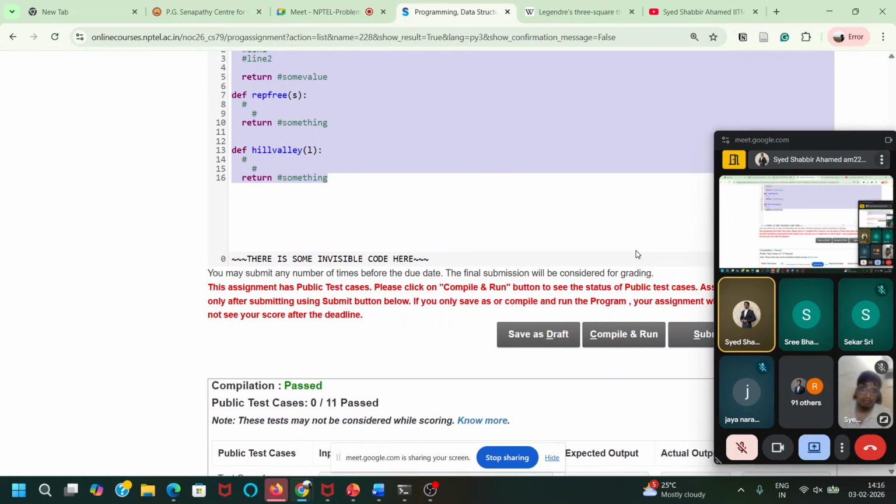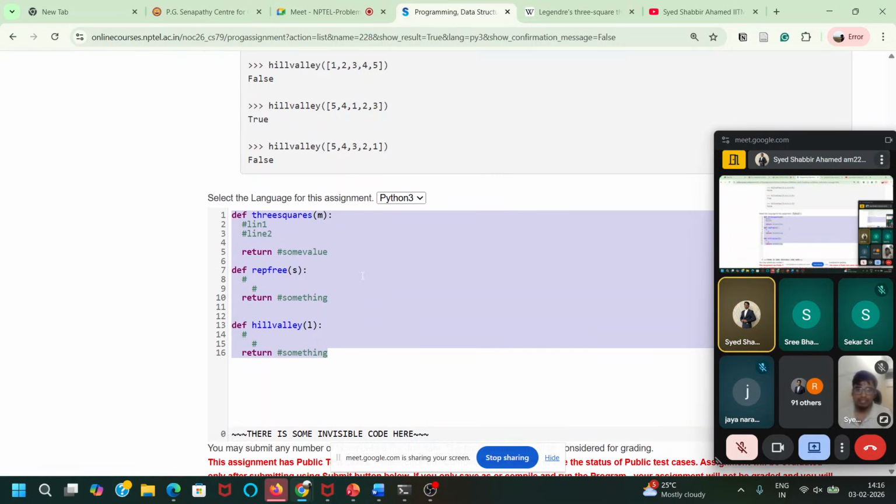There will also be hidden test cases that it has to qualify. In the main exam, obviously you cannot go out of the exam window, and they will not ask you to download some Python terminal and all those things. That will be very difficult.